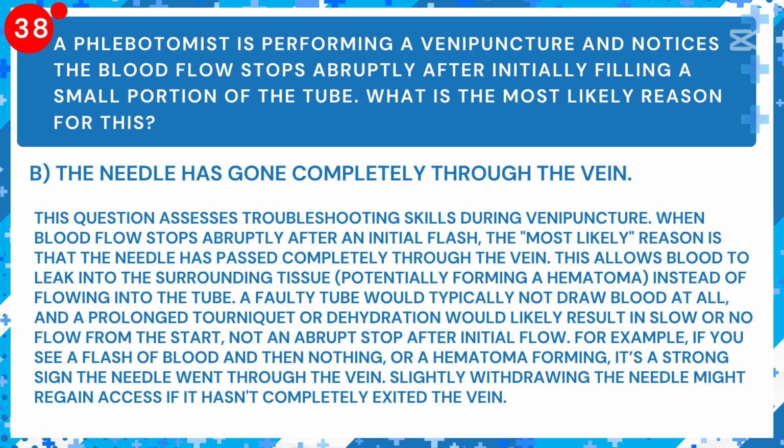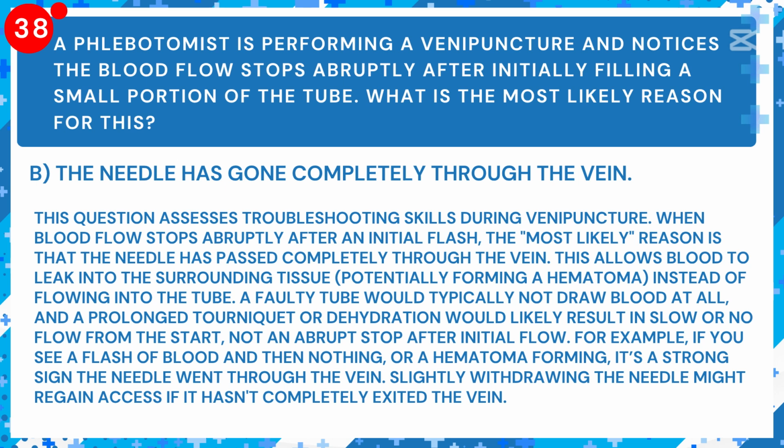Answer: B. The needle has gone completely through the vein. Explanation: this question assesses troubleshooting skills during venipuncture. When blood flow stops abruptly after an initial flash, the most likely reason is that the needle has passed completely through the vein. This allows blood to leak into the surrounding tissue, potentially forming a hematoma, instead of flowing into